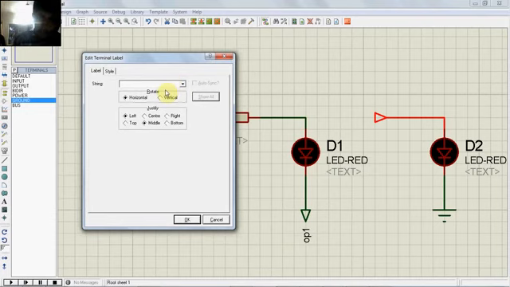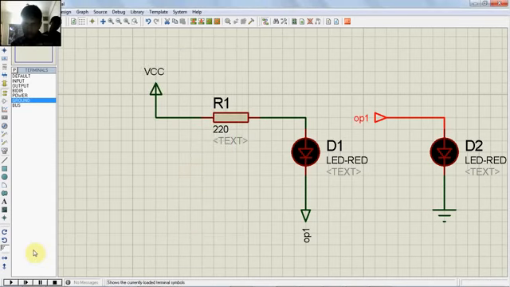Okay, now I think that there is no error in this one. I will simulate. Yeah, you can see that both of them are red. Isn't it? It's a little light because I will change the voltage. I will give plus 12 volt. Now it will be bright enough. Okay, so I will pause it and show you. Yes, you can check the terminal voltages across the diode. You can select it.